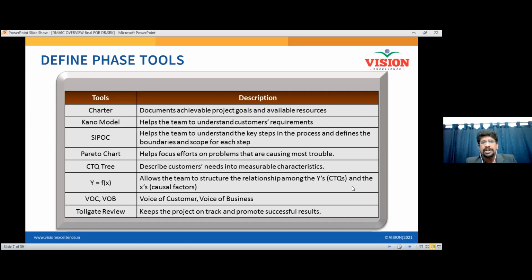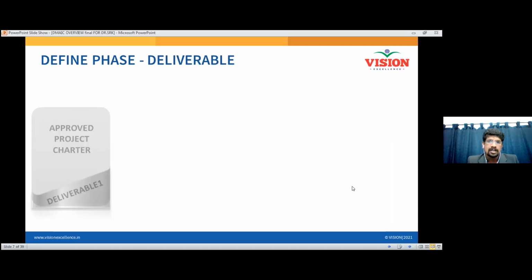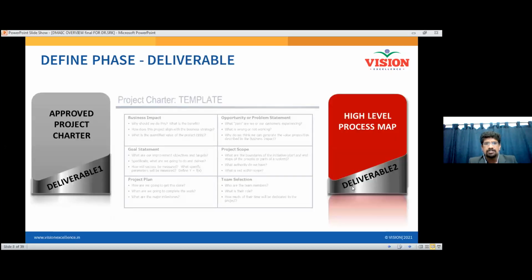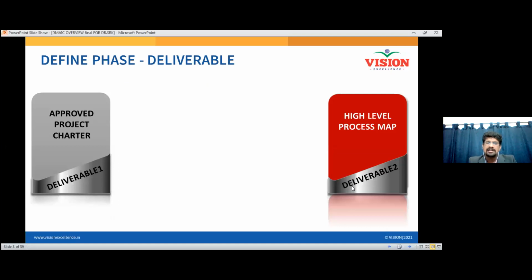For that, you are going to use the tools at different stages. Some of you may ask whether these tools are used only here. They are compatible and can be used in other phases also. For example, take the Pareto chart. It can be used in the analyze phase. Some tools are compatible and can be used in other phases also. Then the important deliverable of the define phase, that is the important outcome. So what I will